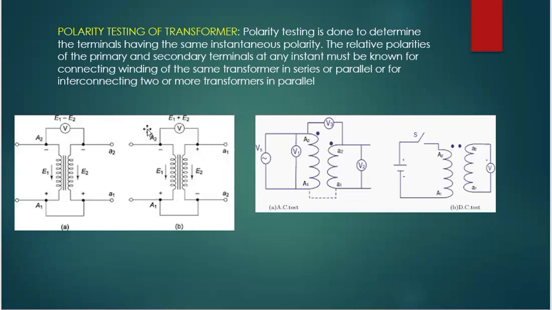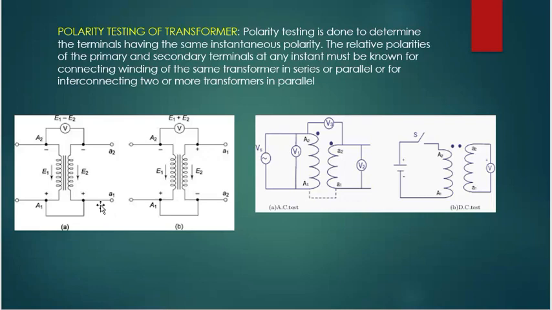In subtractive polarity, the voltage between capital A1 and small a1 is reduced. The lead connected to these terminals and the two windings are therefore not subjected to any high voltage stress. On the other hand, in additive polarity, the two windings A1 and A2 are subjected to high voltage stresses. This is the reason that subtractive polarity is preferred over the additive polarity.